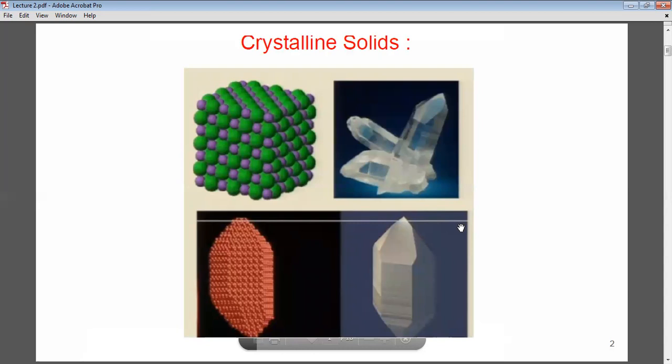Crystalline solids. This is one type of solid state physics we are going to study, crystalline solids. It's some sort of periodic arrangement of atoms, and very frequently the macroscopic morphology is determined by its underlying structure. For example, let's look at this image. This is quartz, silicon dioxide. It's a beautiful crystal, and we can see that its structure is somehow reflecting how the atoms are arranged. Quartz silicon dioxide has a different form,